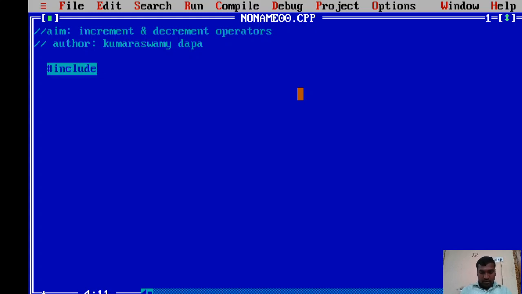Hash include stdio.h. I'm writing this to include the standard input output header file in our program.